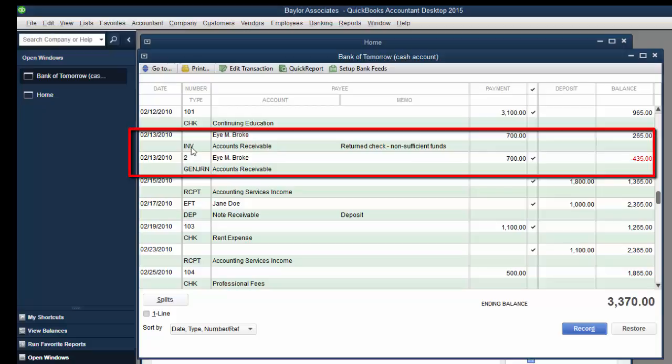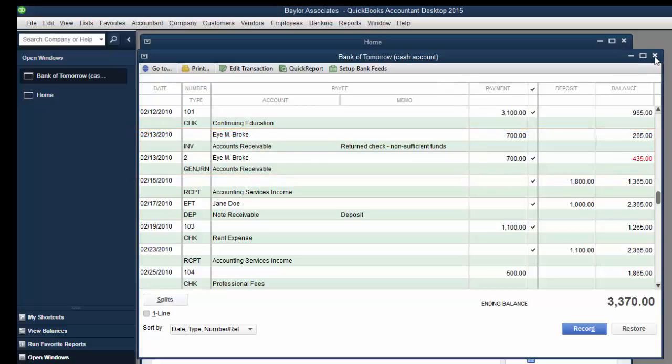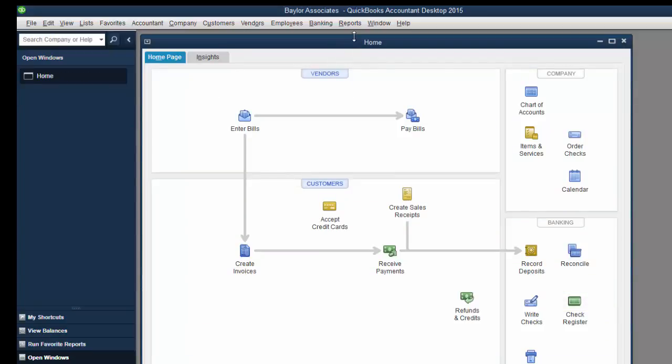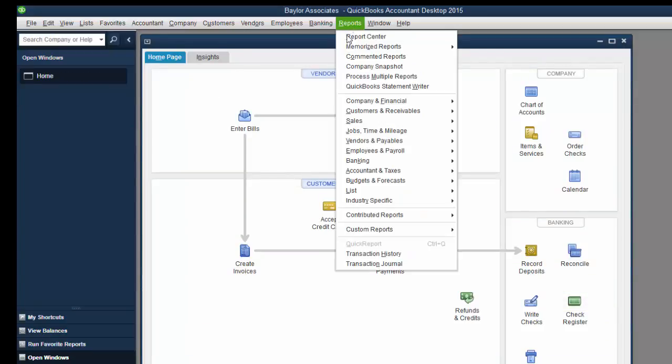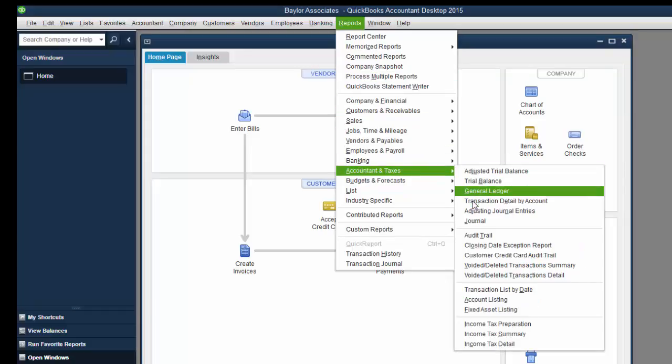They both are doing the same thing. $700 payment, in other words, is reducing our checking account. Remember, we are in our checking account. And then it is increasing the AR. Now, sometimes students have trouble understanding the check register because they're more familiar with debits and credits. So we could run a journal report,